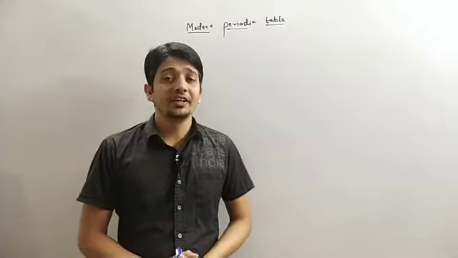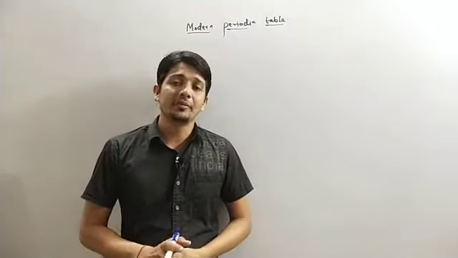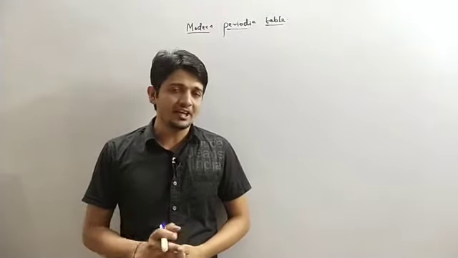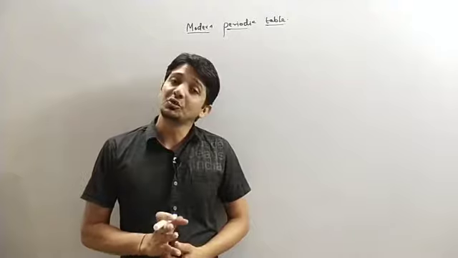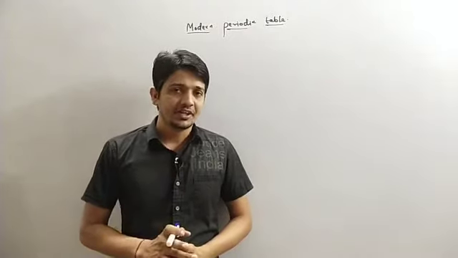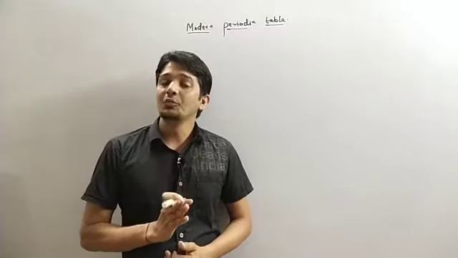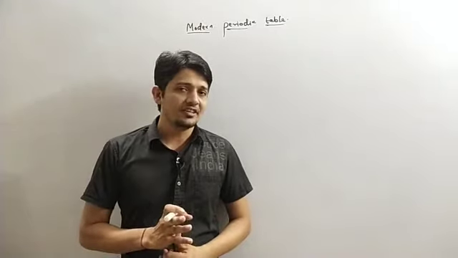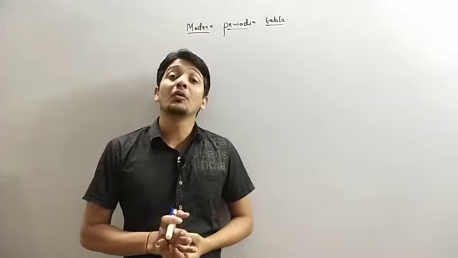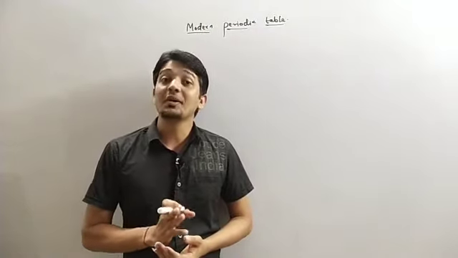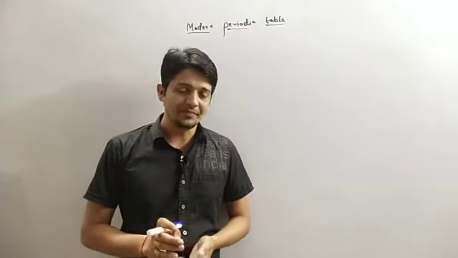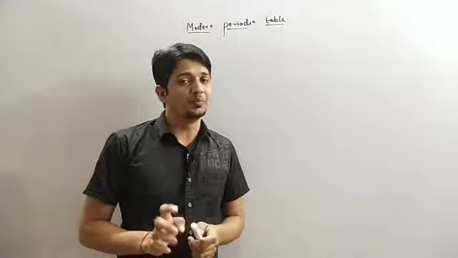Yesterday we have seen about the modern periodic table, in which we have already understood what is group and what are periods, and we will move further about the group and periods. Also we will understand what the number of group represents and what the number of period represents. Okay, so we will start from the group.